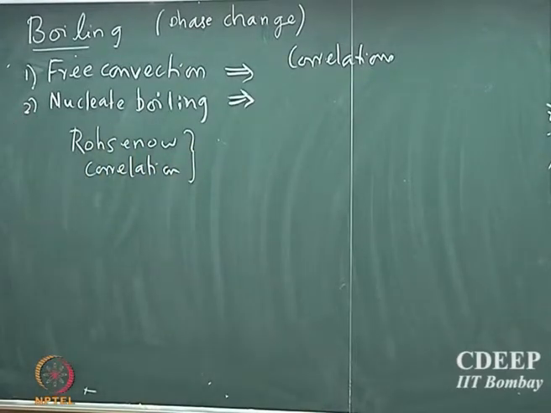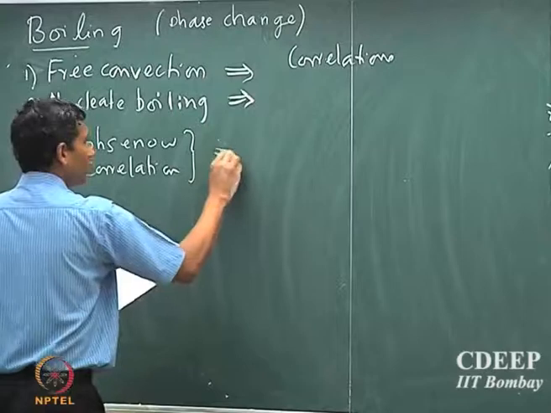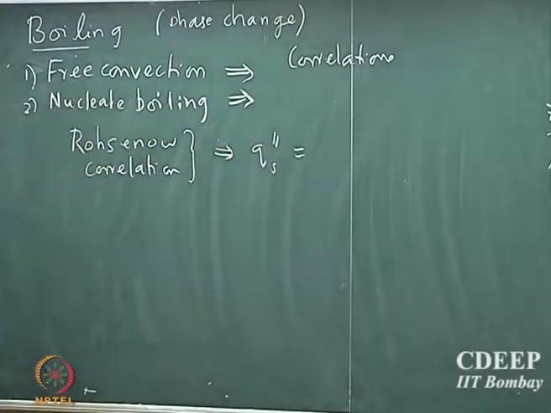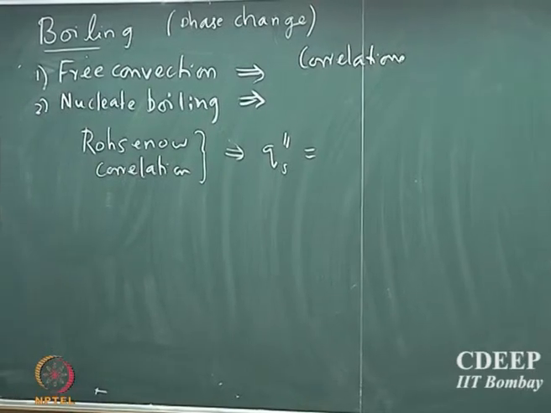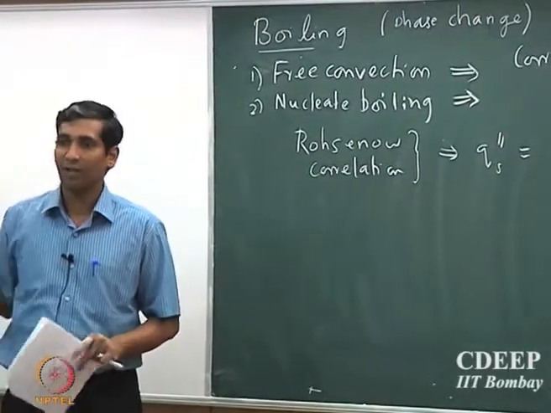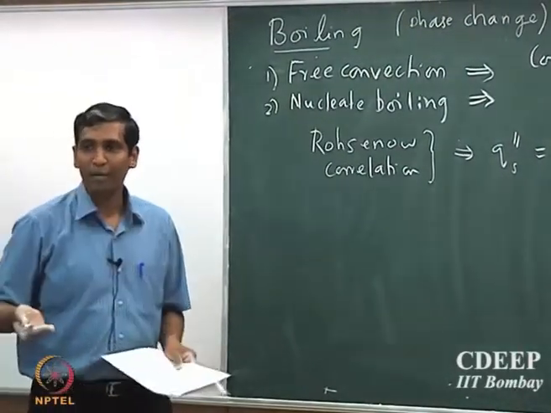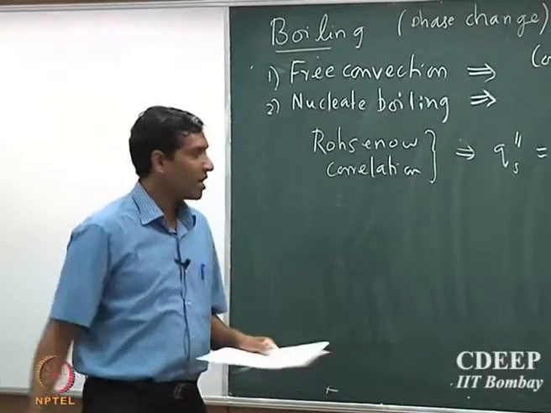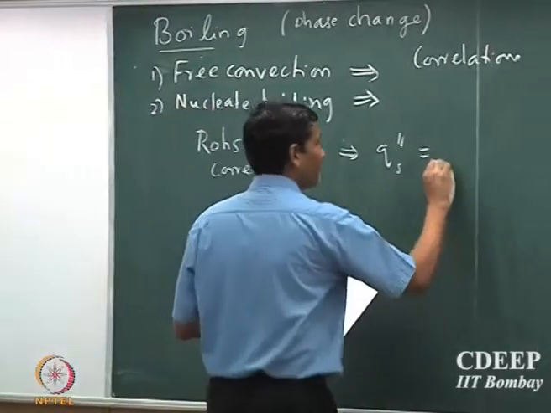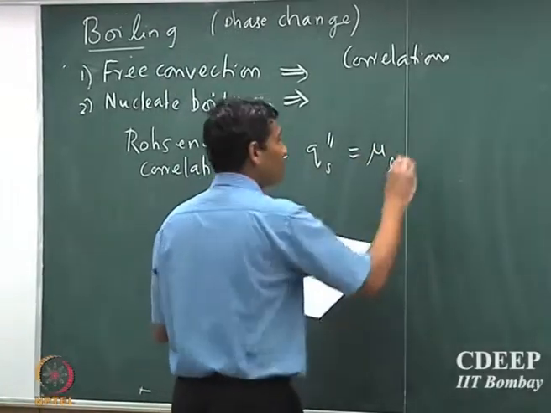Now this correlation essentially gives you the maximum flux, the maximum point, because that is what is important from an operation point of view. Remember I drew this curve where, if you want to heat the fluid, the moment you touch the maxima, you would like to maintain a constant flux condition. So it's important to predict the maxima which the boiling curve is going to reach. So that's given by mu L